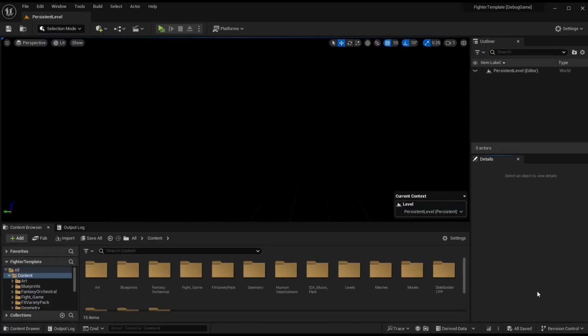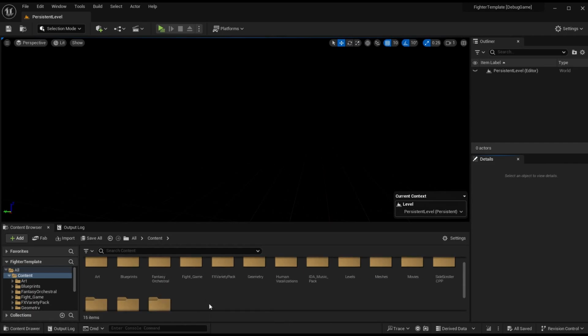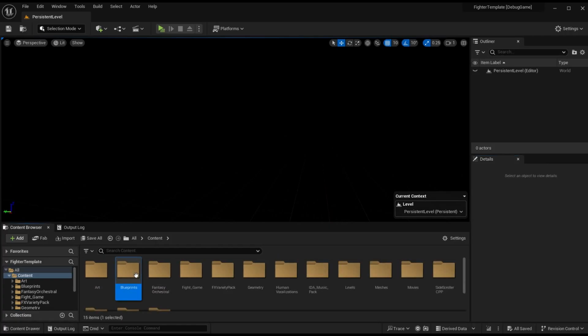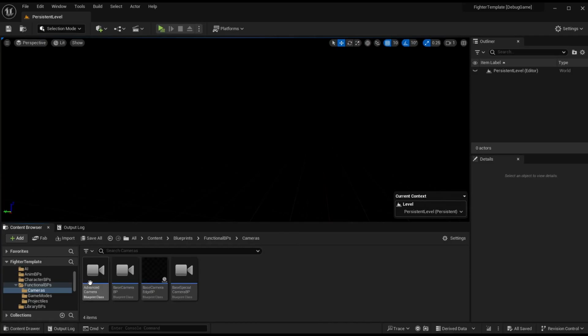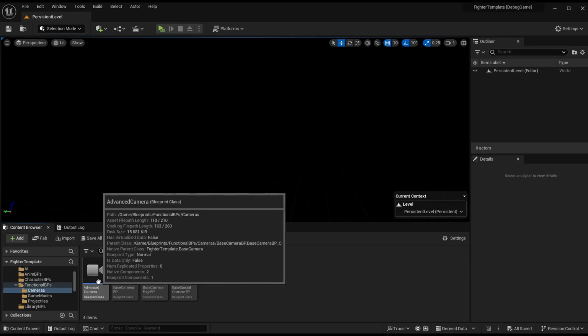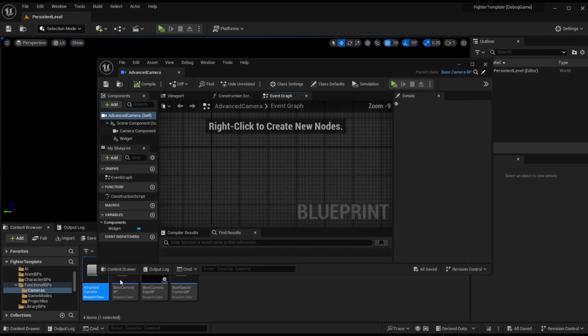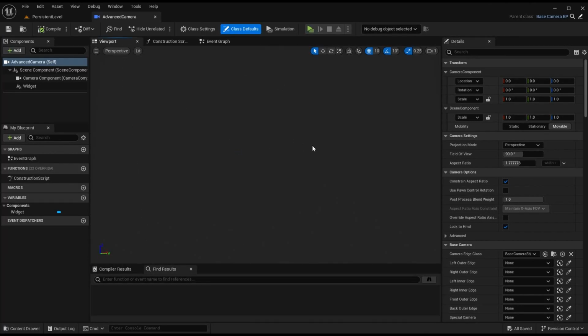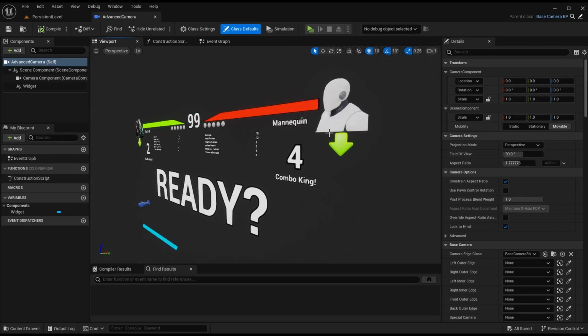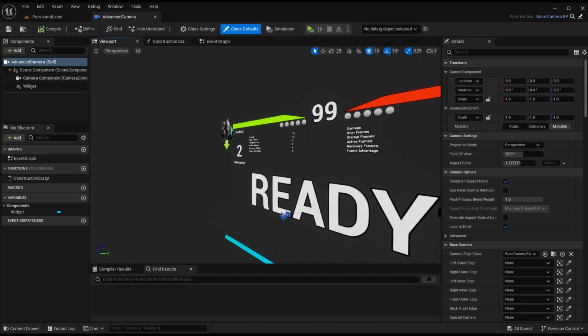This is a code and blueprint tutorial series, and again, we're going to be cleaning up a lot of different things today, but we're mainly going to stay within the Unreal Editor, cleaning up assets and also a few things in blueprints. First things first, I want to go to our blueprints and functional BPs and cameras. There was an episode where I mentioned our 3D camera early on, and I had created this advanced camera for it. Now, I didn't really go over any specific logic in here. I just had a camera in here with our widget so we could display our HUD in front of the